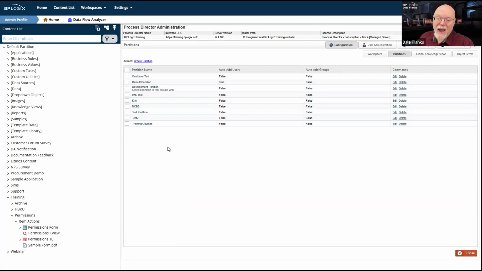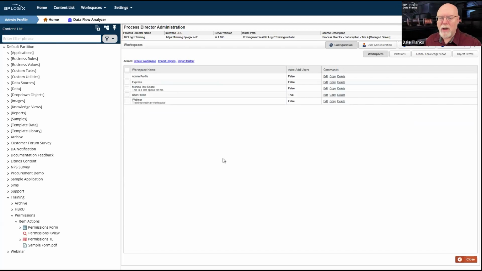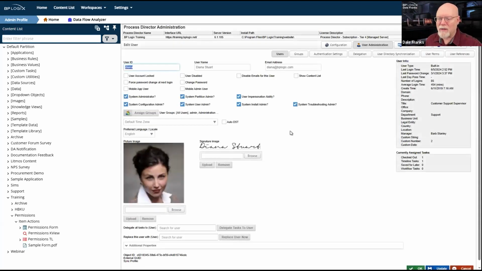Since I have all of these different partitions, I can create partition administrators for one or more of these partitions. If you are a partition administrator, then for the partitions to which you're assigned, none of the permissions that are placed inside the content list for content list objects will apply to you.